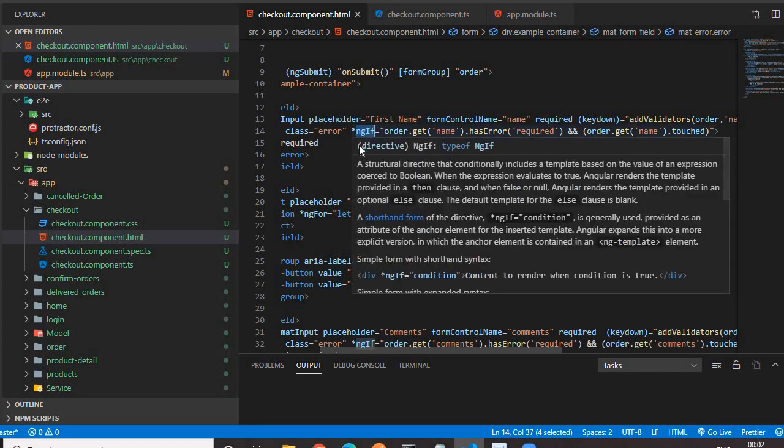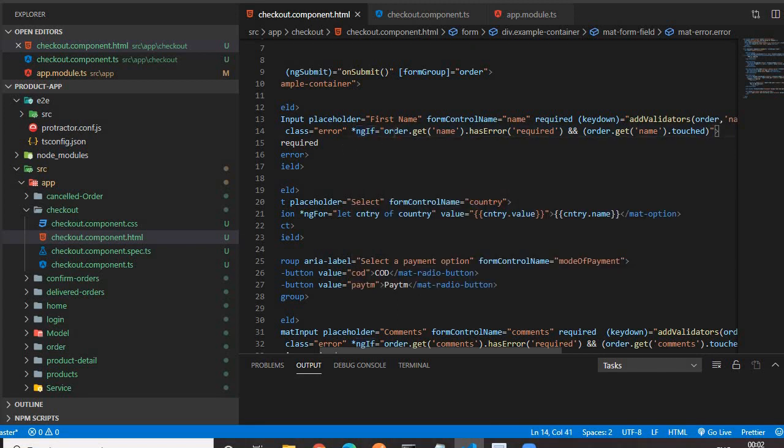And in *ngIf, what we have provided is the form group name, dot get, then the name of our form control, dot hasError required, because we have given the required validation for the name field. Then we have given the form control dot touched.